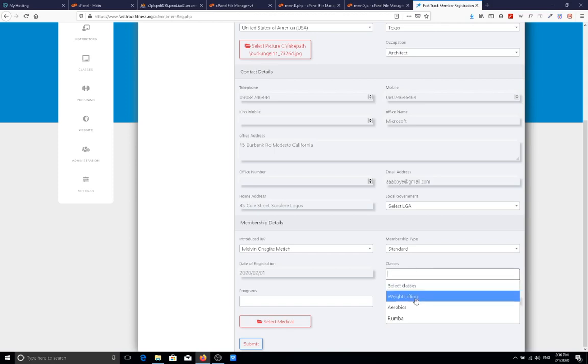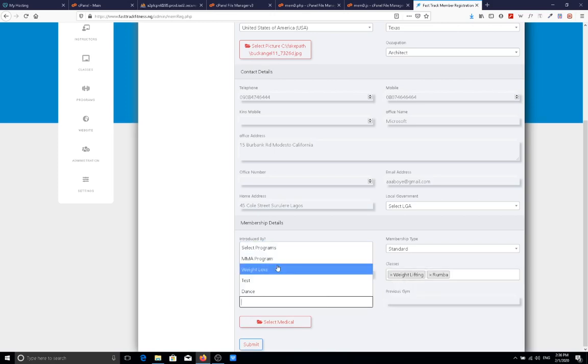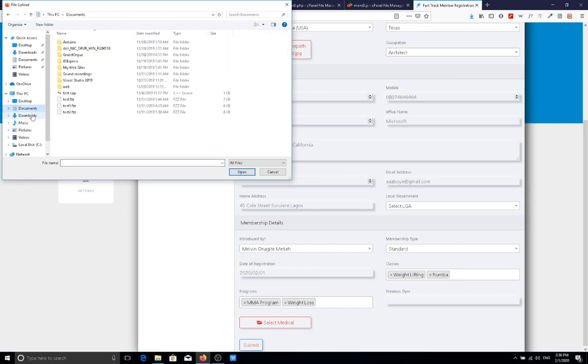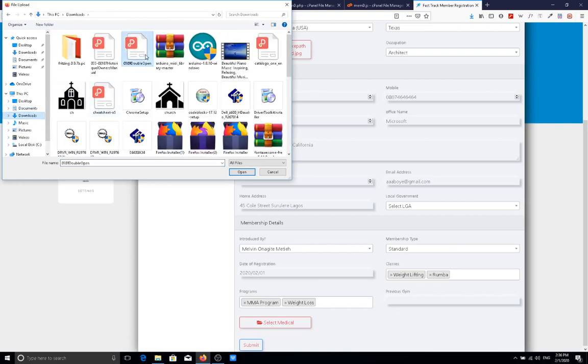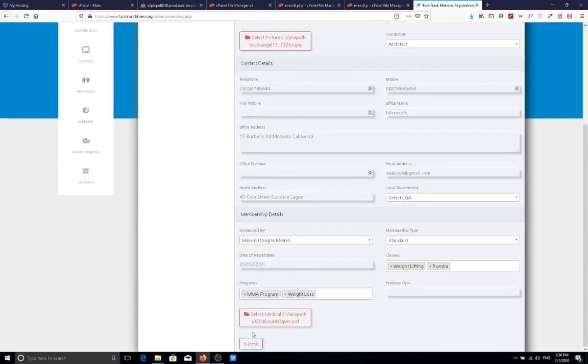Now, classes, each member can have various classes. So I can choose weightlifting and Zumba for Jeremiah. Programs, again, the MMA program, maybe like a weight loss program too. Now, if Jeremiah did have some documents, like medical documents that you wanted on record, you can just choose this. I think I do have some documents in my downloads, so I open this and upload that. So I did submit now, and again would wait for a Nigerian internet to key in all this data